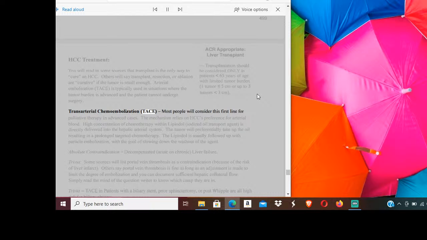Transarterial chemoembolization, TACE: most people will consider this first line for palliative therapy in advanced cases. The mechanism relies on HCC's preference for arterial blood. A high concentration of chemotherapy within lipiodol, an iodized oil transport agent, is directly delivered into the hepatic arterial system. The tumor will preferentially take up the oil, resulting in prolonged targeted chemotherapy. The lipiodol is usually followed up with particle embolization, with the goal of slowing down the washout of the agent. Absolute